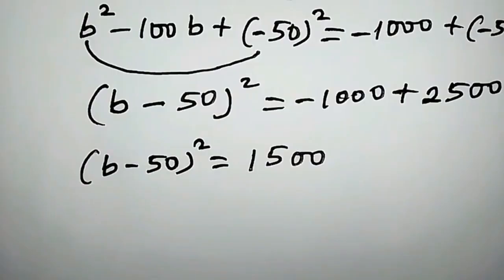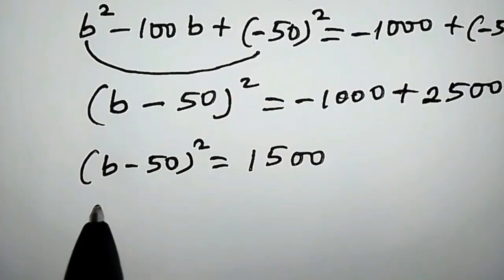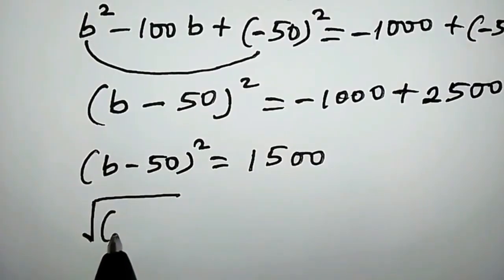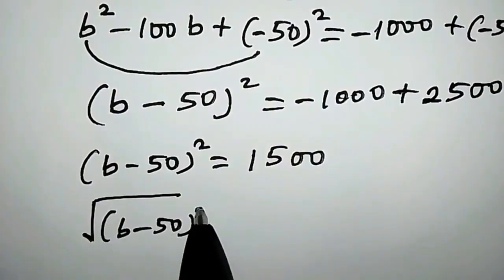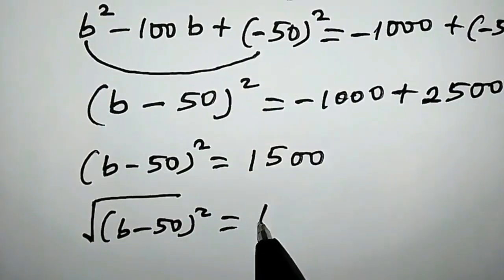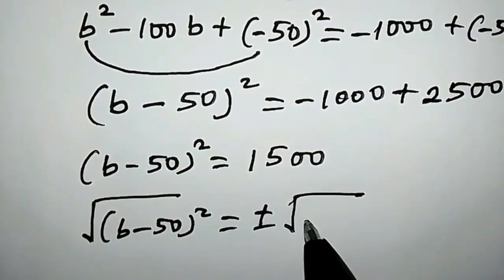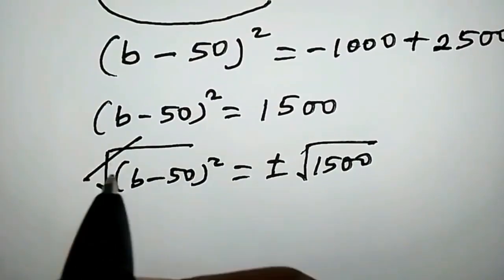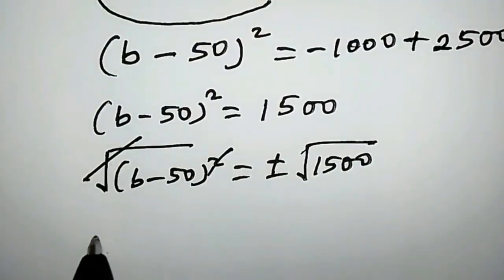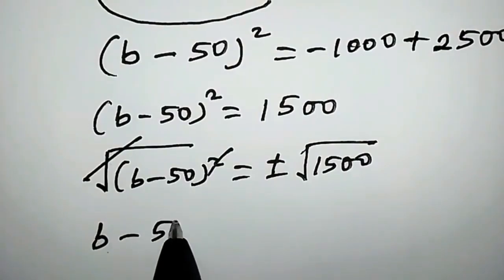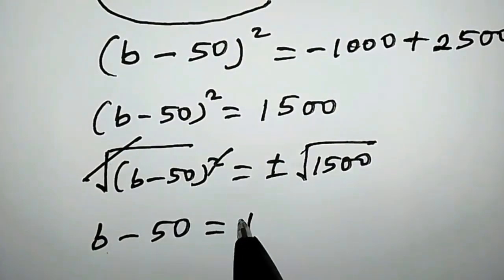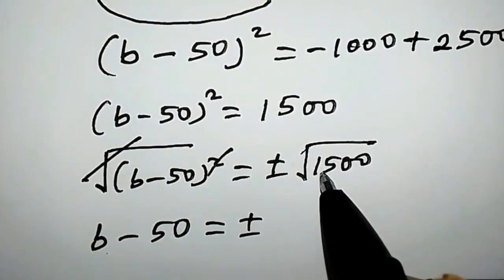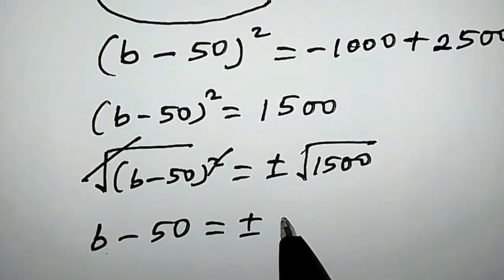Now let us take square root of both sides. We have square root of (b minus 50) all squared equal to plus or minus square root of 1500. Clearly, this square root takes care of this power. We are left with b minus 50 equal to plus or minus square root of 1500